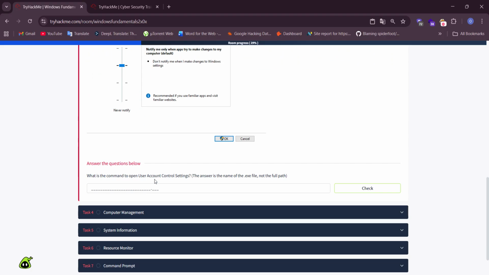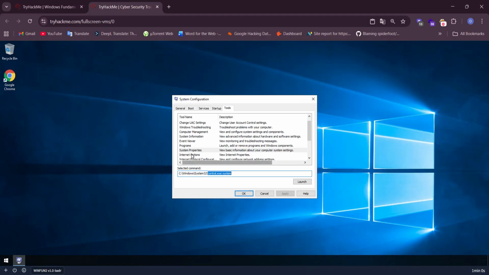What is the command to open User Account Control settings? User Account Control settings. Selected command is that, and okay. Copy.